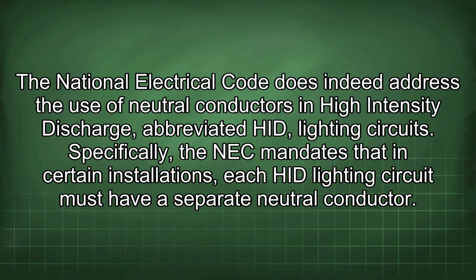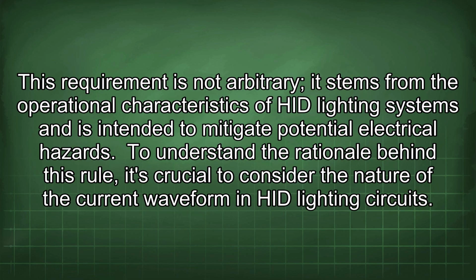The National Electrical Code does indeed address the use of neutral conductors in high intensity discharge, abbreviated HID, lighting circuits. Specifically, the NEC mandates that in certain installations, each HID lighting circuit must have a separate neutral conductor. This requirement is not arbitrary, it stems from the operational characteristics of HID lighting systems and is intended to mitigate potential electrical hazards. To understand the rationale behind this rule, it's crucial to consider the nature of the current waveform